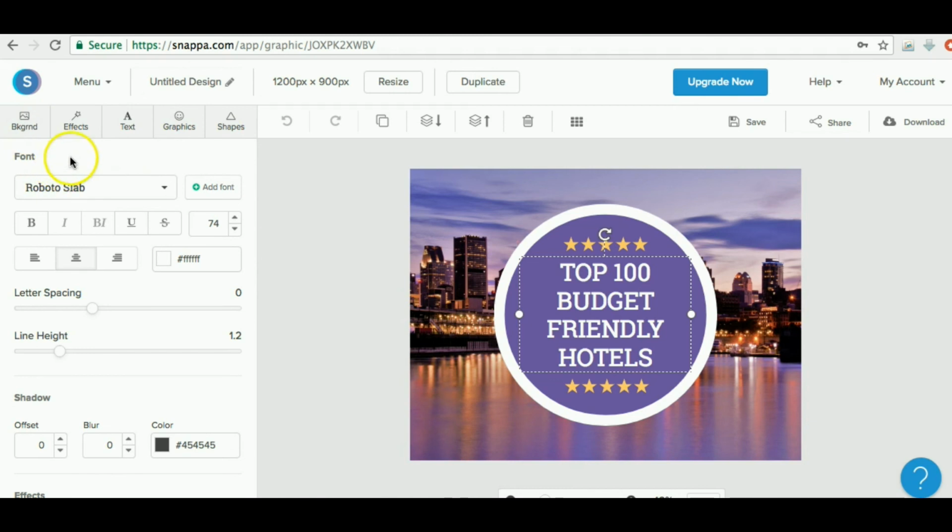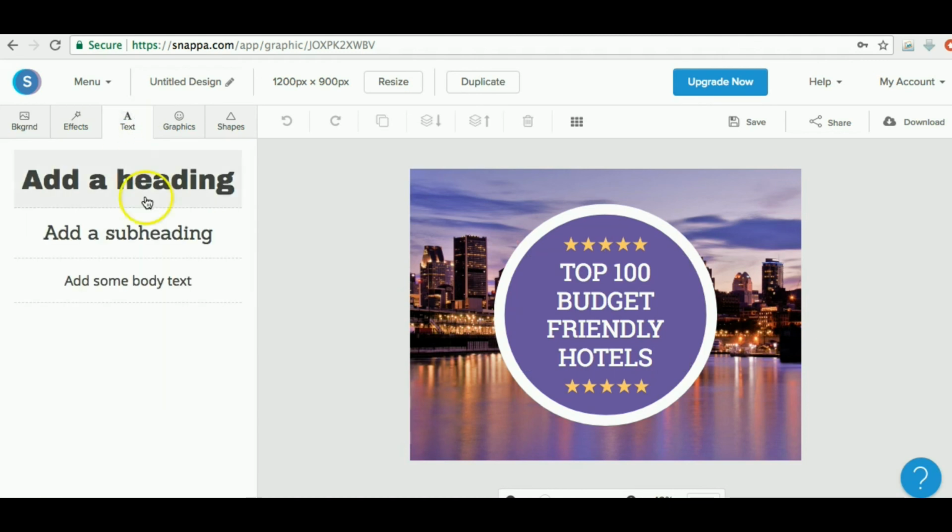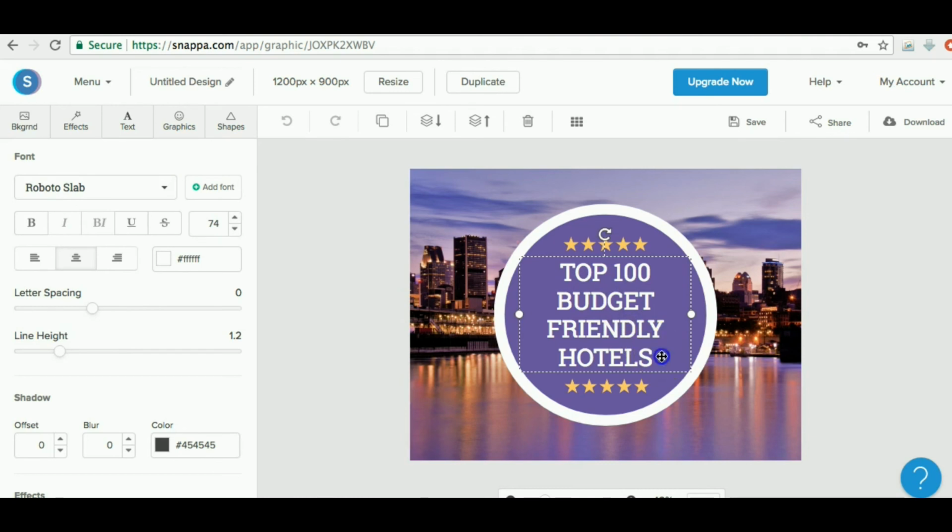If you want to add special effects, you can click this button. Or if you want to add additional text, you can do that right here by clicking the text button and selecting what type of heading you want to use. Do you want to add a bold heading? Do you want to add a regular subheading? It's up to you. But I like it the way it is, so I'm going to click on this box